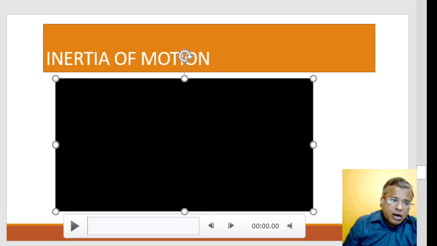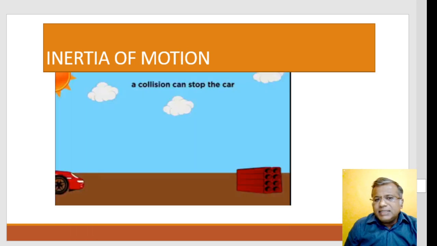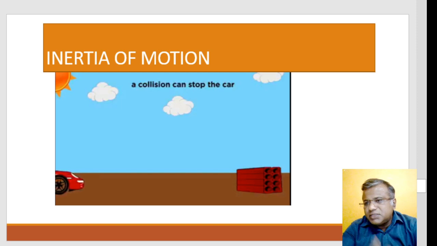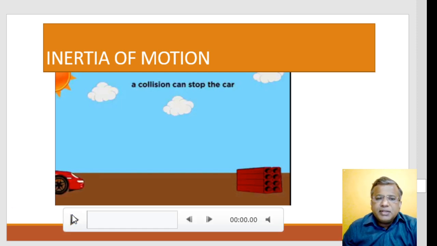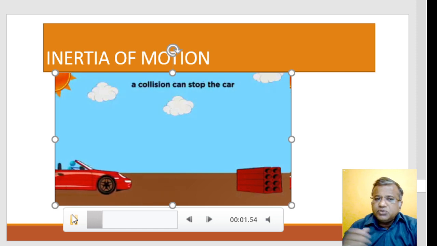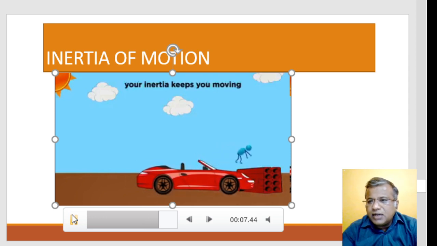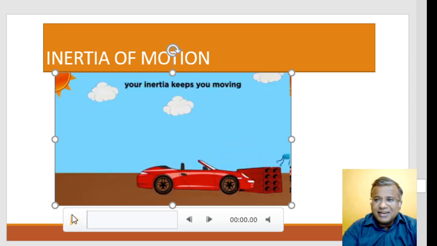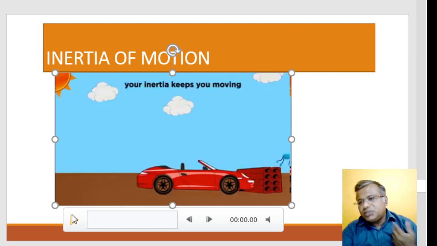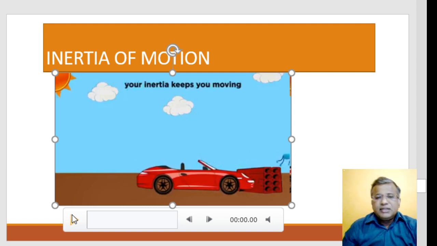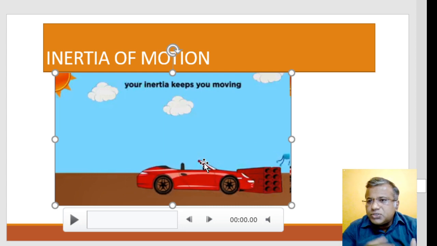Now, same thing: why is it said that you should wear seat belts? Any person inside a car, when the car is in motion, is also in the same state of motion. If the car undergoes an accident, you can see in the diagram that the person is still in motion. If not belted, there is a chance that you can collide with the screen or any object, and you'll be thrown away. That is the reason why seat belts are worn.